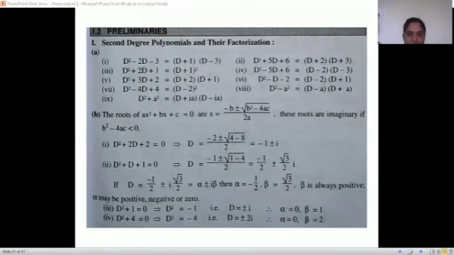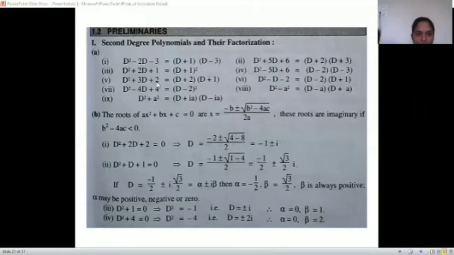Okay, chalo, come on. We'll start then. Next thing is, we'll see all the examples. D square plus 2D plus 1. So we can factorize as 1 into 1 and 1. So (D plus 1) into (D plus 1). So we can write (D plus 1) square. Next is D square minus 5D plus 6. So we can see it is as it is plus and as it is minus. So for this, both are negative, then the product is positive, and one sign can be negative. That is (D minus 2) into (D minus 3).